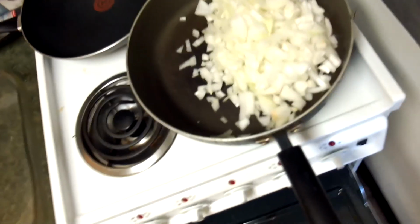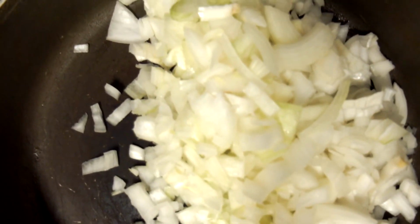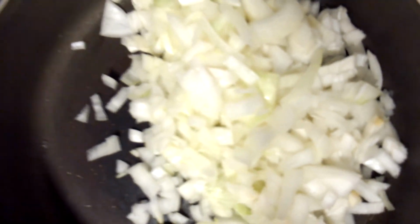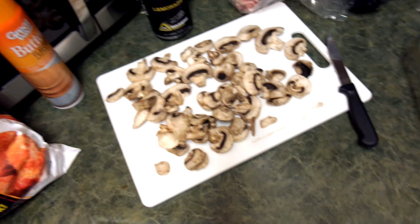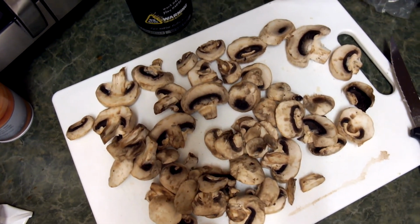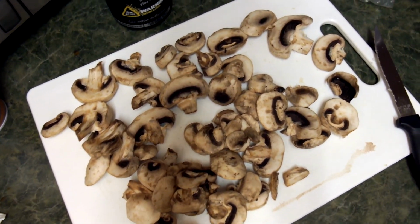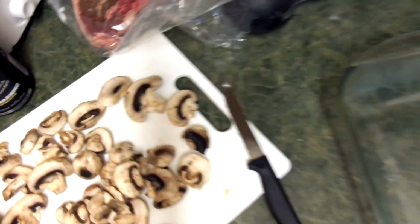Alright, so first off, I already chopped up the onions because I'm kind of an OCD perfectionist when it comes to that. I like it particularly chopped, and if I don't have it just the way I like it, it bothers me. So that usually takes me a long time to do. Anyways, next up I'm about to chop up the mushrooms here. I like to have some fried mushrooms and some fried onions on top of and with my steak. Yummy. Things you'll need: